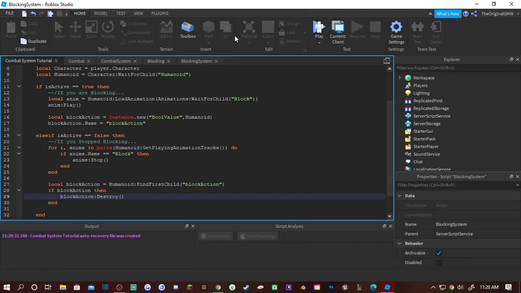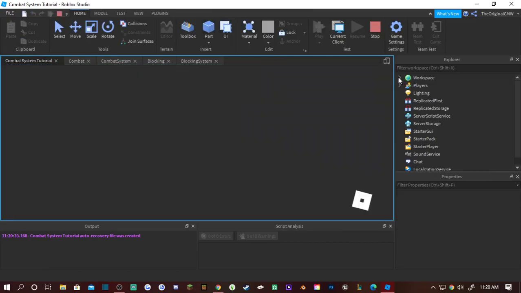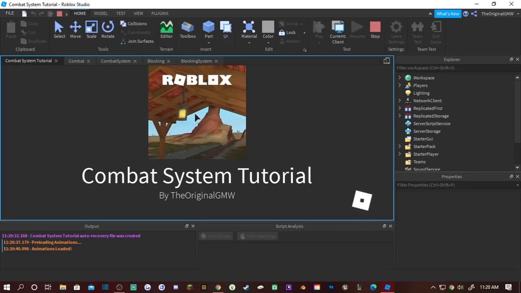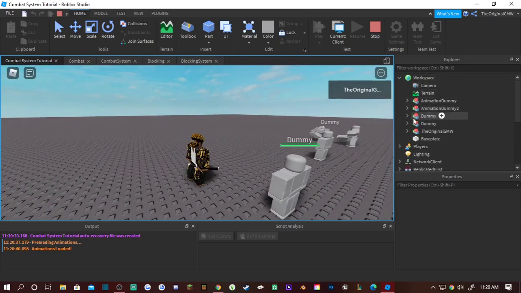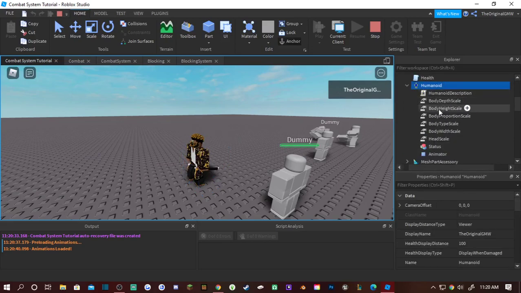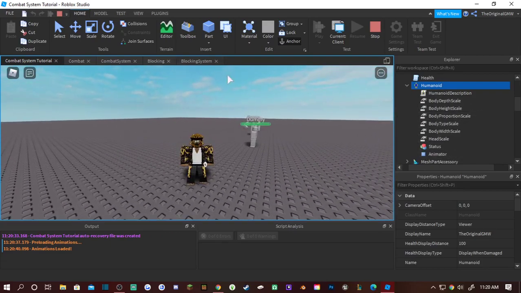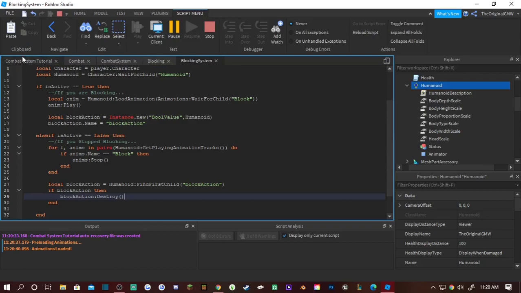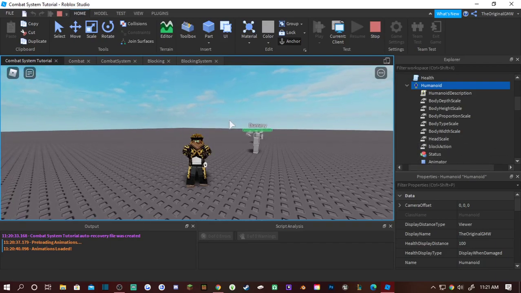So if we test this, we're gonna go to workspace and explore while we're testing. We're gonna click on our character, go to our humanoid, and we'll see all these different types of stuff, but we don't see block action because I haven't activated block. But if I hold Q, you see block action pops up, and then when I let go of it,